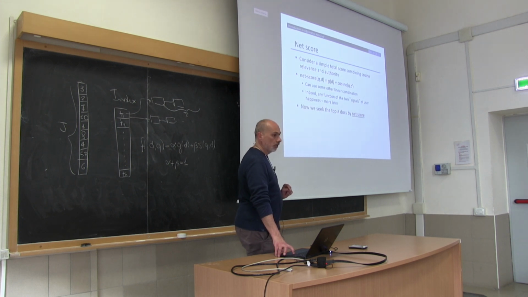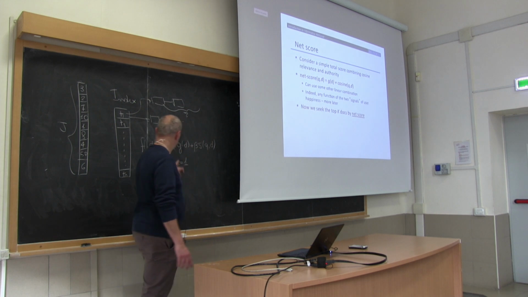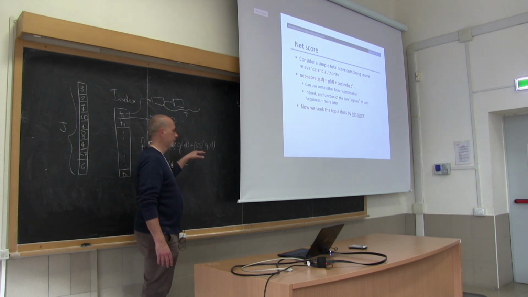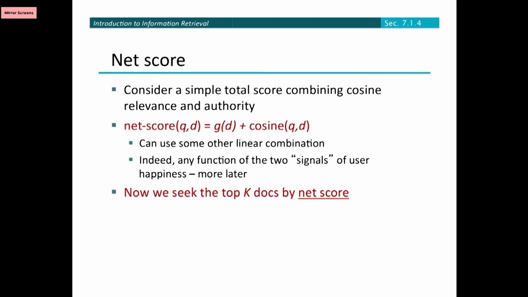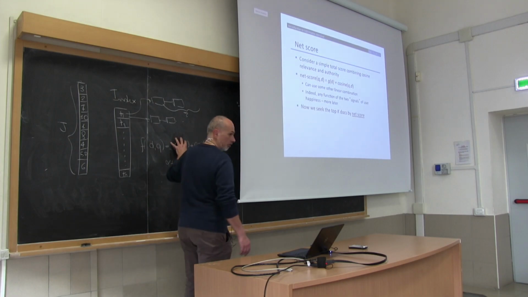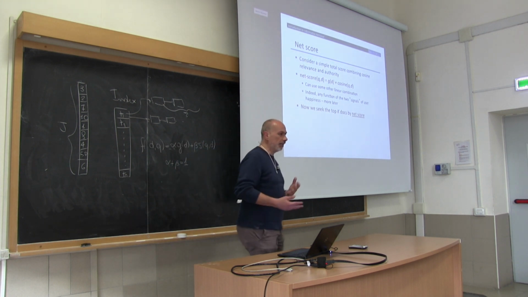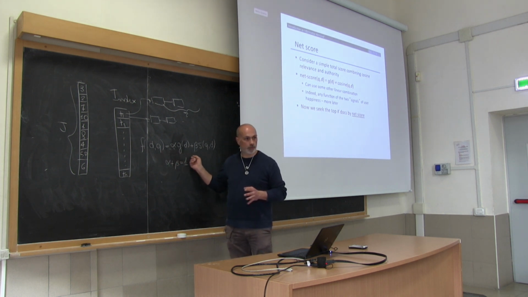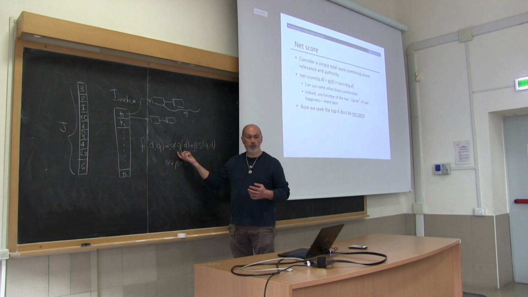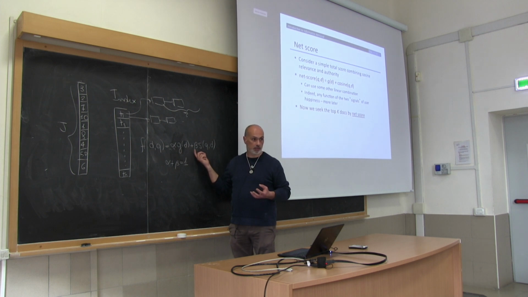So, why are we introducing this? Because at this point, let's assume for the moment that we have a linear combination, or simply the sum, just for the sake of simplicity. In general, it is intuitive that the higher the authority, the higher the score should be, more or less. This part of the score, at least. So, can I leverage this fact, that when I compute the score for a document, I have to take a function that also depends on something static, regardless of the query?